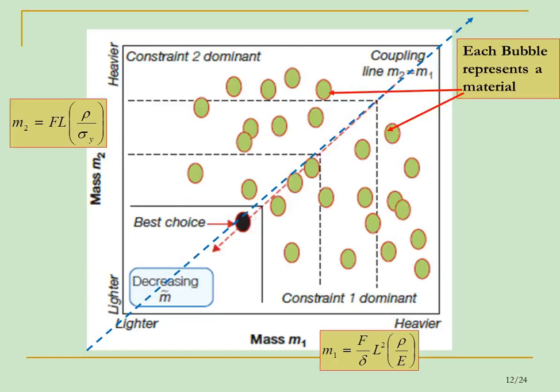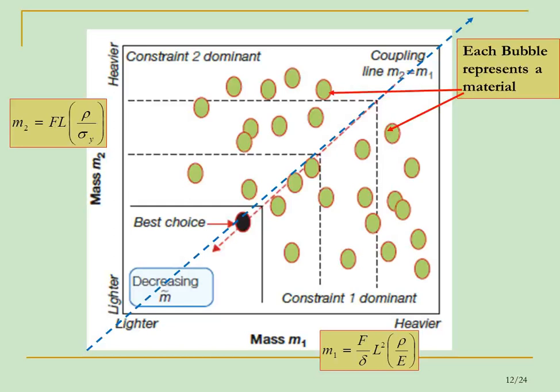But keep in mind that if you look at this chart again, on this blue line, which I am calling a coupling line, any material which lies on this line, a line of slope 1 passing through the origin, has equal values of M1 and M2. That's what we call the coupling line. Any material located on the coupling line, or rather I would better call it a solution, any solution of your multiple constraint material selection problem.